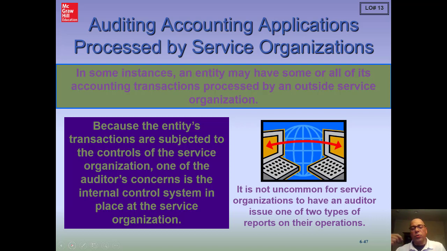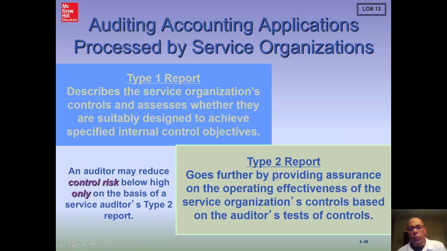When they get those letters, now I'm not talking specifically about ADP here, there are two types of letters that could be obtained. There's a type 1 report and a type 2 report. Okay? With the type 1 report, all the service auditor did was come in and do the minimum, obtain an understanding of the controls, evaluate the design, look to see that the controls have been implemented, and they issue the type 1 service auditor report. User auditor takes that, puts that in their work papers, and that only covers us for step 1 of our requirement for the internal control that we have to do on every audit.